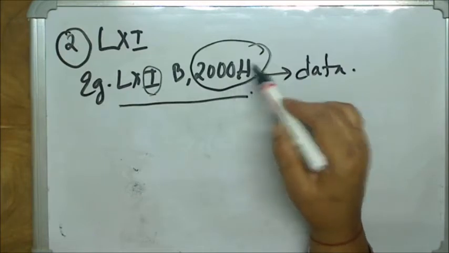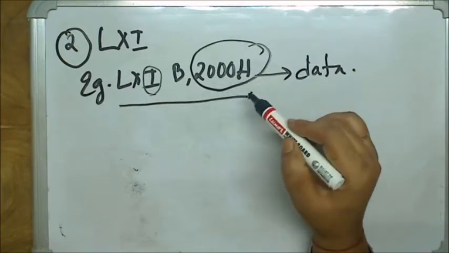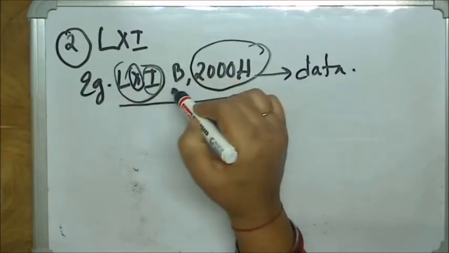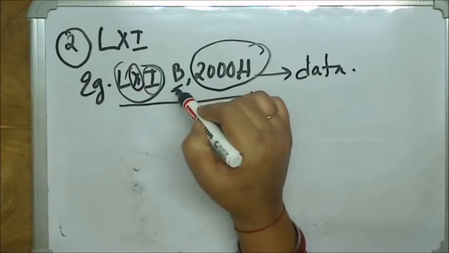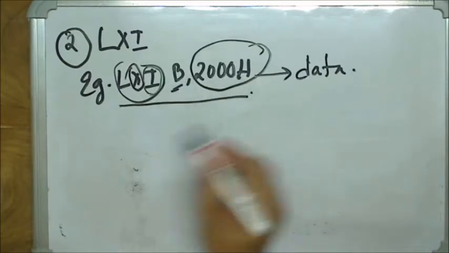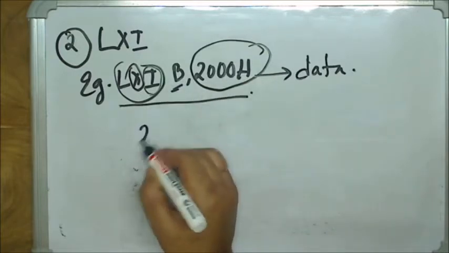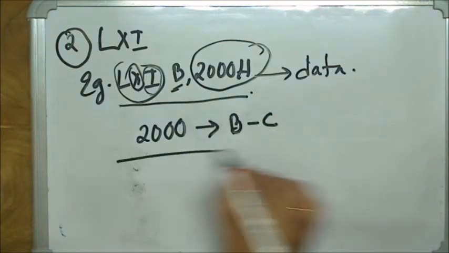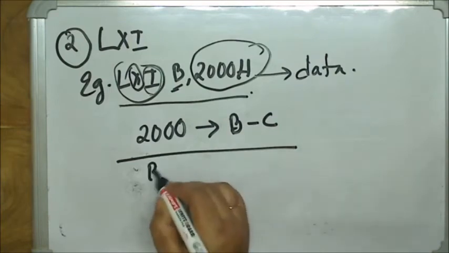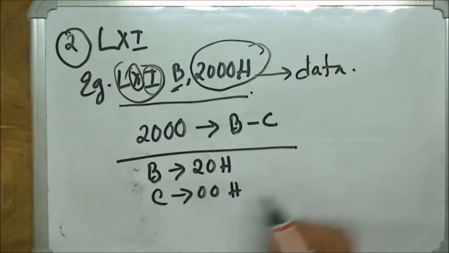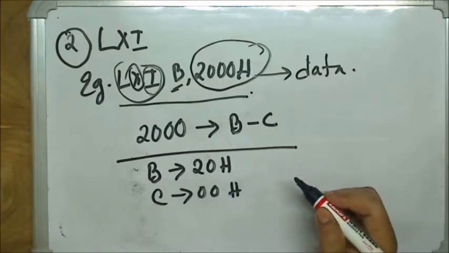So any 16-bit data can only be loaded in a register pair. So in the instruction LXI, X is also there. If X is there, what I have told, the register, it will indicate a register pair. So what does this instruction basically mean? This instruction means 2008 16-bit data will get loaded in register pair BC. That is, B will be loaded with 20H and C will be loaded with 08H. Clear?